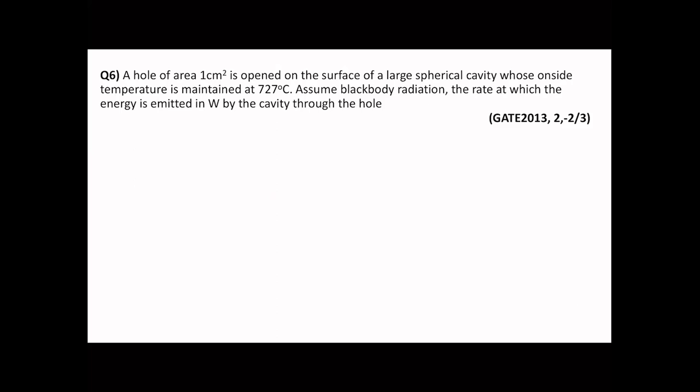So basically this question is on a black body. We have constructed a black body by having a large spherical cavity coated with carbon black. Its temperature is maintained at 727 degrees Celsius, and a small opening of 1 centimeter square is kept for the radiation to go out. So you need to calculate the rate at which the energy is emitted, or basically Eb or Q has to be calculated in this question. Alright, please pause the video over here, think of your solution, and then I will be discussing the solution now.